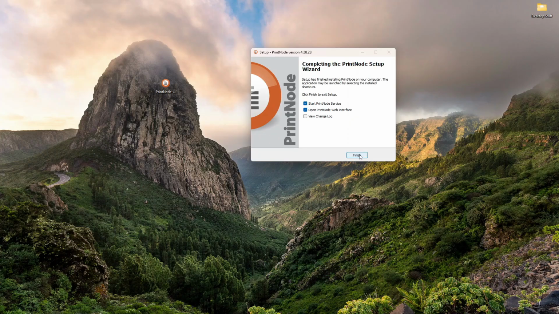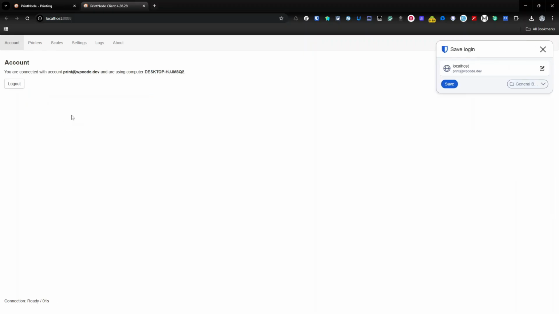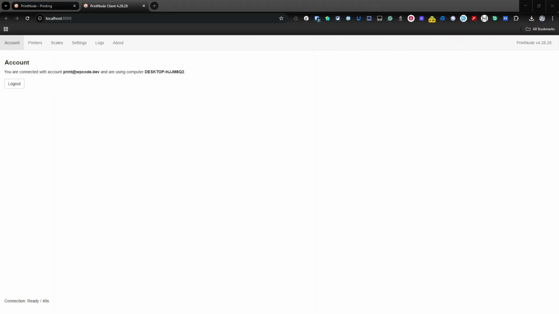And that's it installed. It's now going to open the local web service, which currently hasn't been able to load. There we go. So now I need to log in here. Now what we're going to do is go to printers,